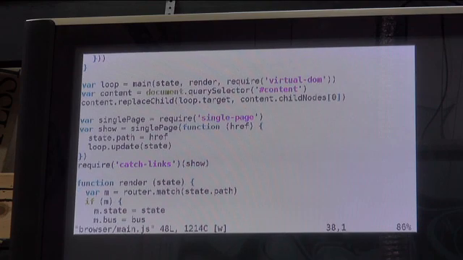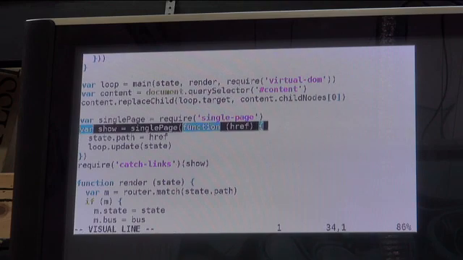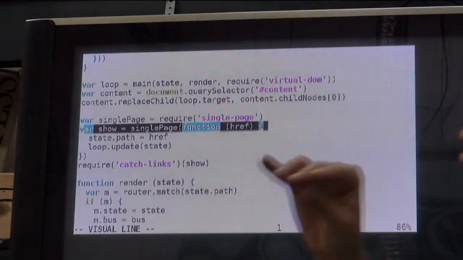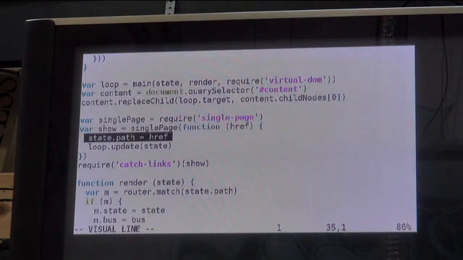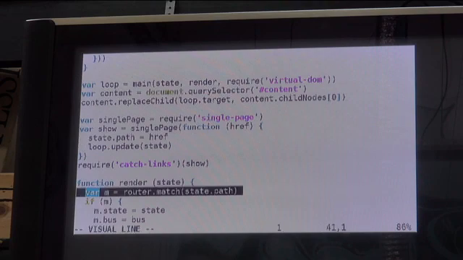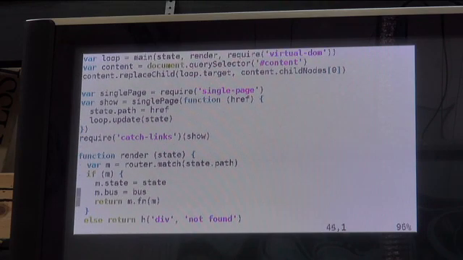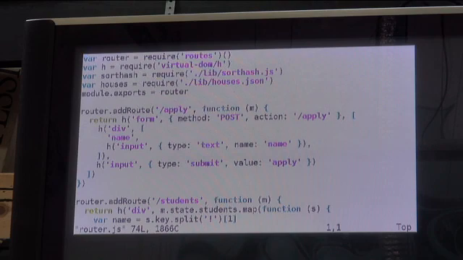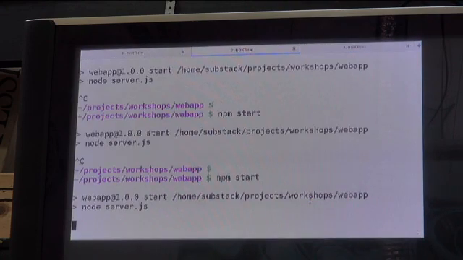So the catch-links function is going to call our show function, which accepts a URL that we want to navigate to, and we want to put that in the address bar, basically. So when we click the link, it'll look like we went there, but we didn't actually. All that we did was update the state.path. We re-rendered the page, and because we're using a router, and because we're calling m.fn to our router code, and because our router is returning virtual DOM nodes, and because the render function expects virtual DOM nodes, because of all of those things that we just did, then this will automatically just work. So with that little bit of code,